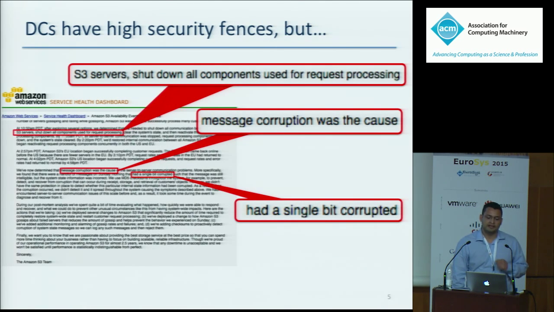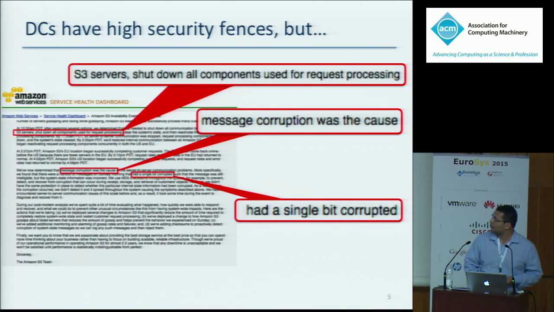Another way in which data centers are more predictable is regarding security. They all have security measures to protect or even limit the exposure of the system to outsiders and attackers. Therefore, it is considered unlikely that the worst adversarial behavior, such as a malicious attacker corrupting messages to defeat the system, will happen. However, given the scale at which these systems operate, even faults that are considered unlikely